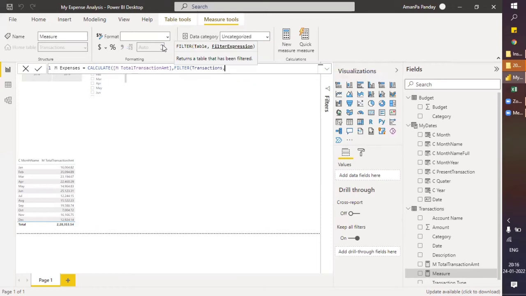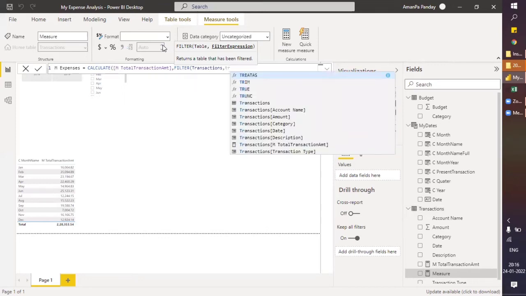The second parameter for the filter will be your filter condition, and that should be transaction type, I believe.